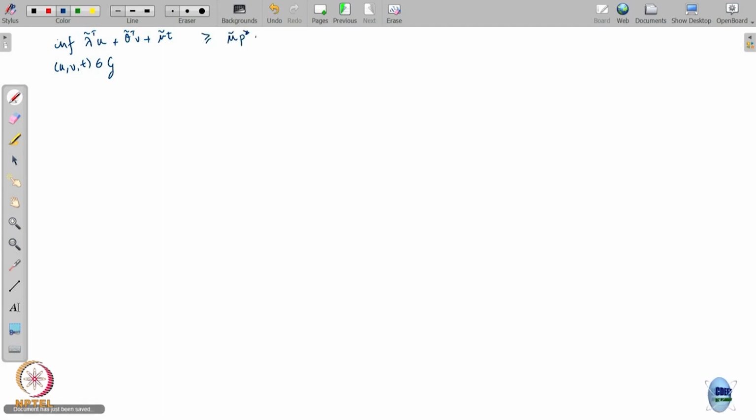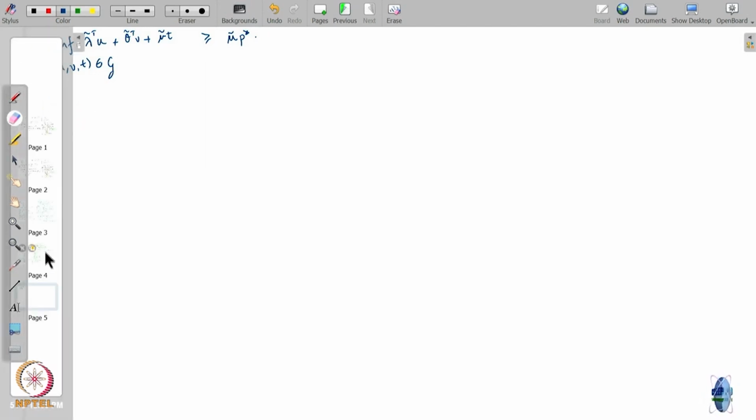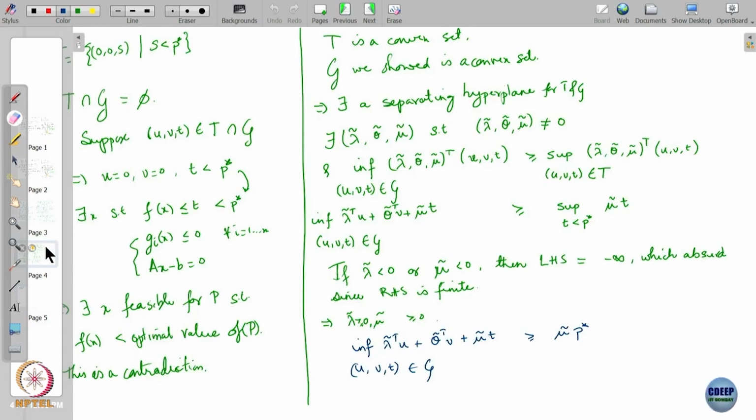This is where we had reached. Now suppose, just suppose, or you can say let us take two cases. Case 1 is when, actually, before I take these two cases, let's look at this once